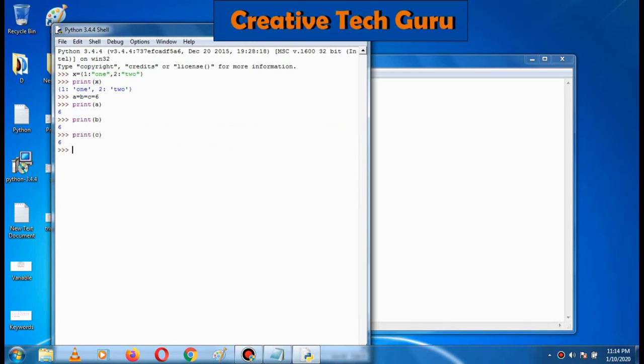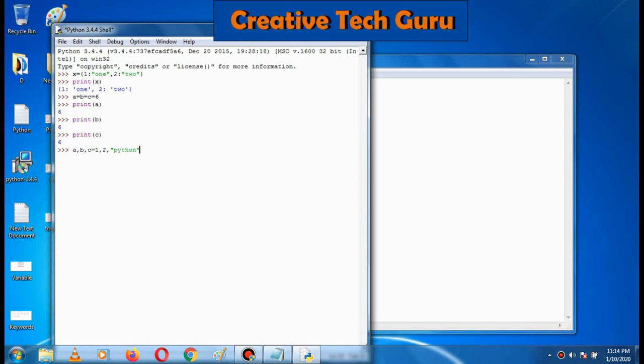So we are assigning the same value to different variables, and we can assign different types of values in a single assignment. For example, for A comma B comma C, now I am assigning 1 to A and 2 to B and a string value to C, that is Python.